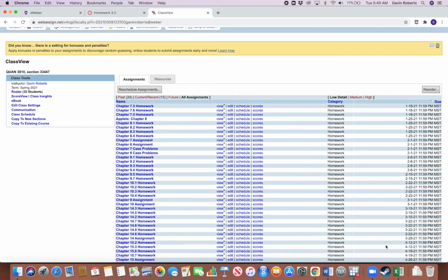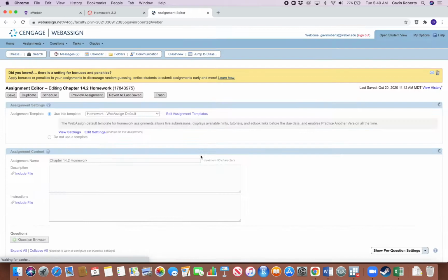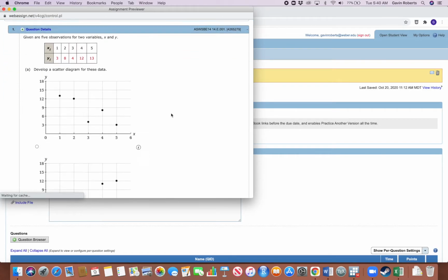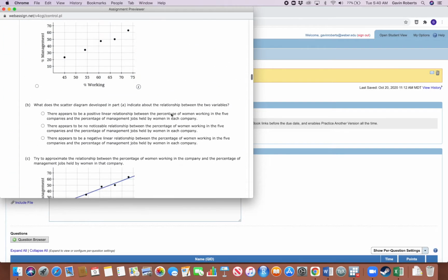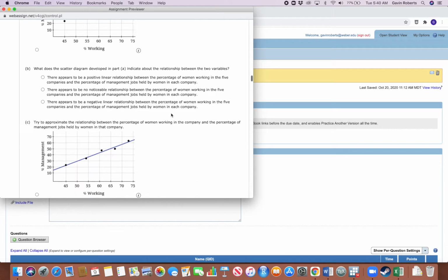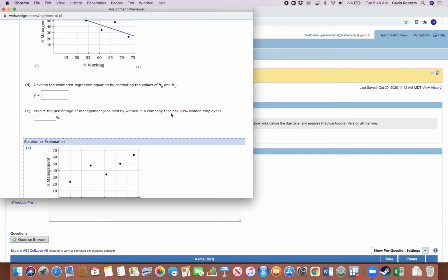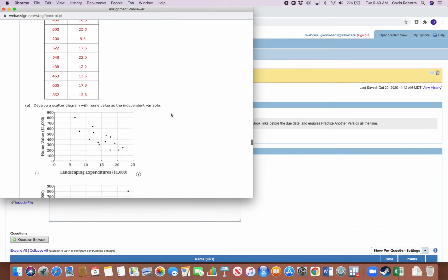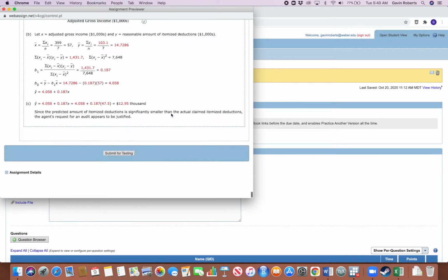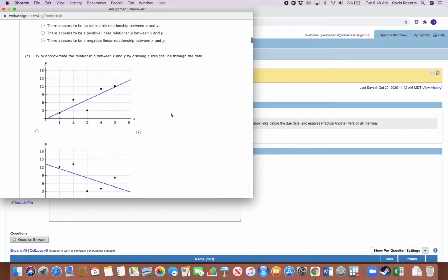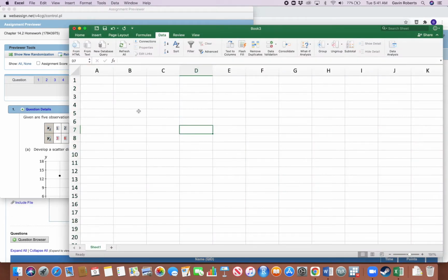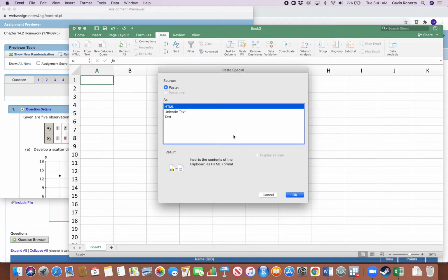So let's start with an example from the 14.2 homework. This one has scatter plots, which are similar to what I've been doing in the videos. I think I'm just going to go for the first one because they're all very similar, and I can show you a little trick. If we copy this type of data into Excel, so I'm just doing number 1 from the 14.2 homework assignment, this will paste